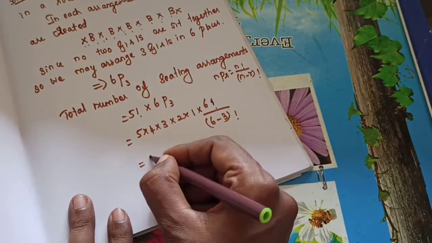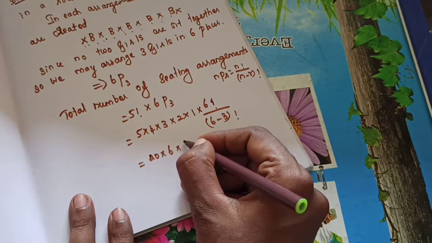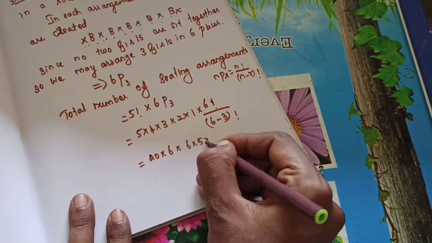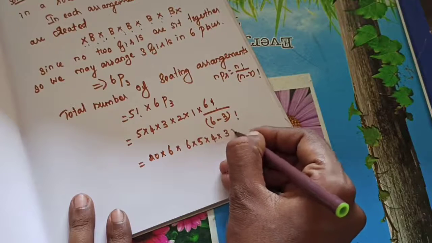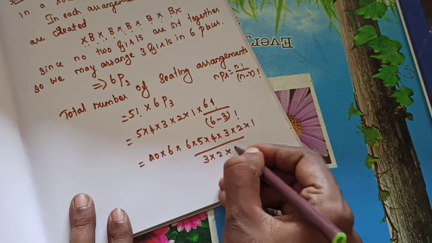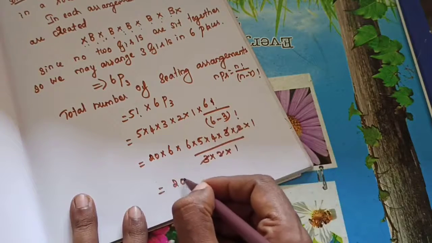That's equal to 5 4s are 20. 20 into 6 factorial, how will you write 6 factorial? 6 into 5 into 4 into 3 into 2 into 1. So down 3 into 2 into 1, so this 3 2 will get cancelled. So what are the balance? 20 into